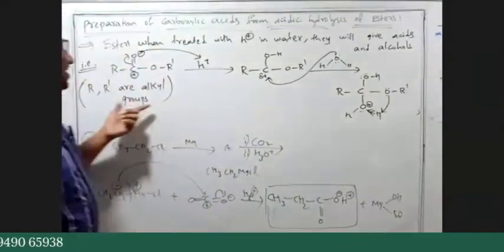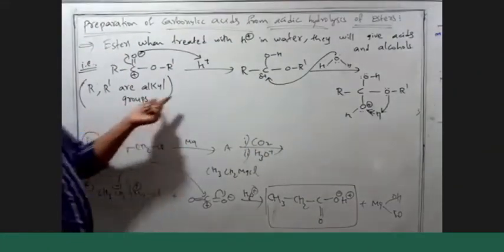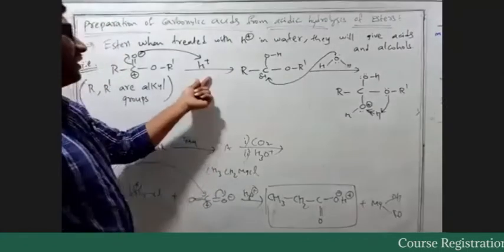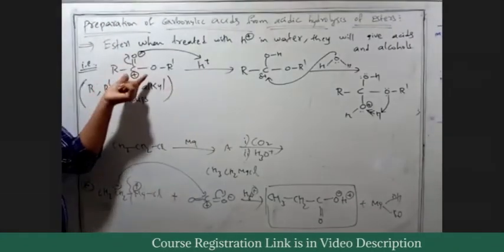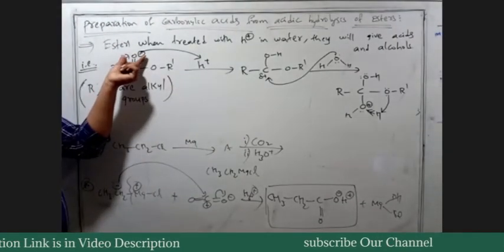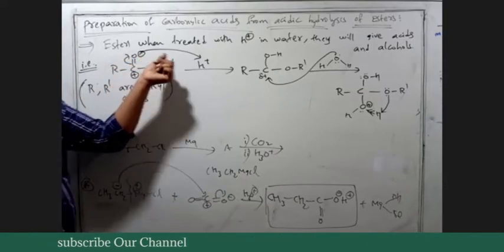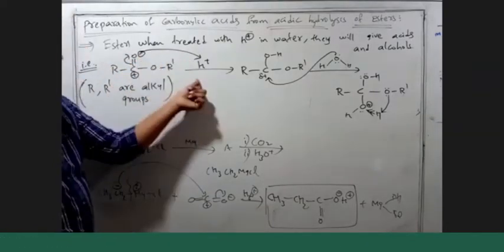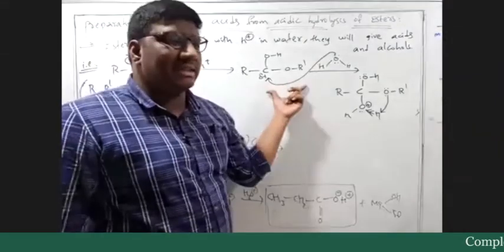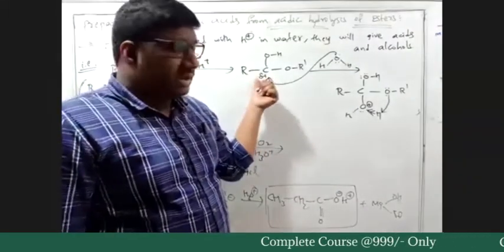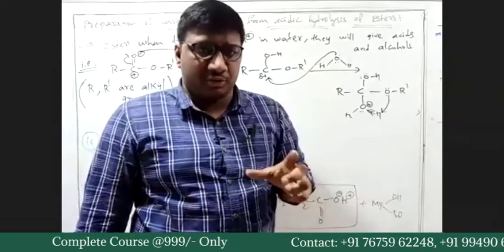So initially we have an extra like this. We are dealing with H plus. So when we deal with H plus, we have the C double bond O group. That C double bond O group has negative charge on oxygen. So the negative charge on oxygen attacks the H plus. So we'll get this intermediate. The positive charge on this carbon is not disturbed up to now.